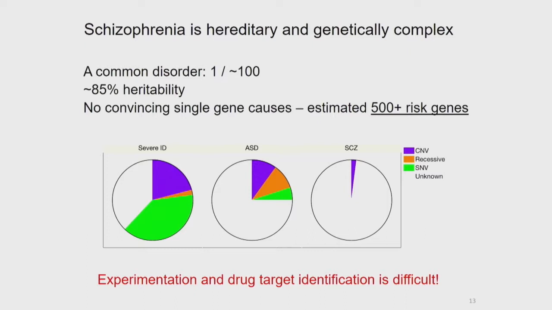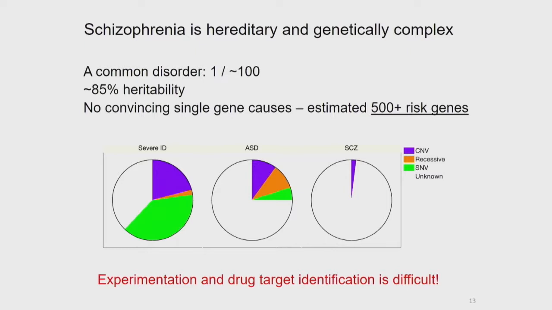So this is unique for schizophrenia, where we only have this complex origin. While for autism and intellectual disability, we have much more robust common finding. So for schizophrenia, this means like when you have a known cause of a disorder, for us neuroscientists, we get happy because then experimentation and drug target identification becomes much easier. But in terms of schizophrenia, we have so much that is polygenic in origin that we don't really know where to start.